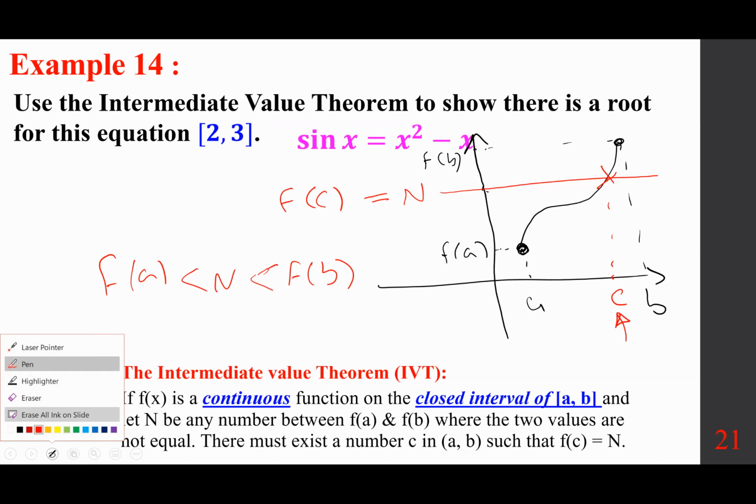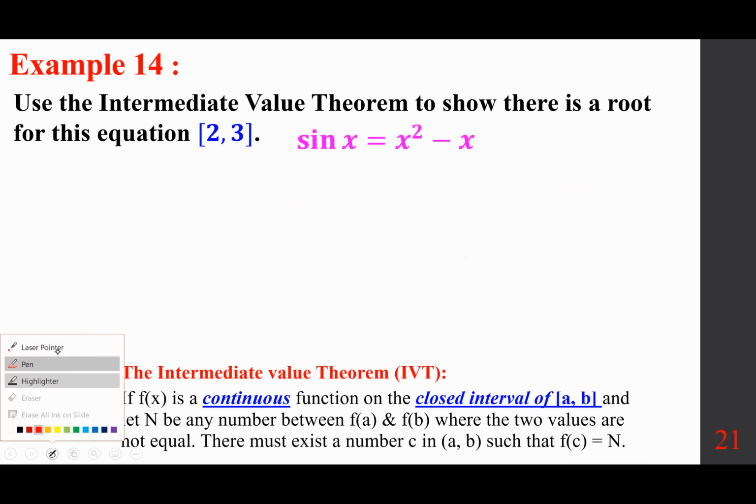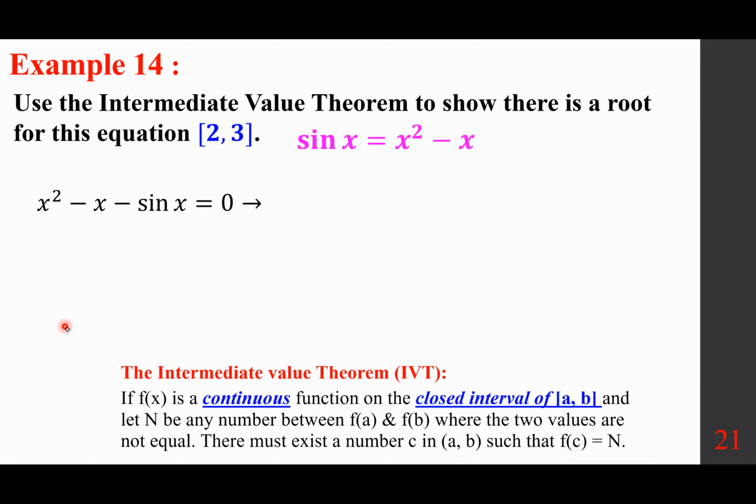Let's erase so we can use the space. We're going to bring everything to one side. It doesn't matter left or right. And we're going to call that f of x. And this function is continuous because it's a mixture of a polynomial, or even a quadratic function, and a sine function, and each one is continuous from negative to positive infinity. So the reason it's continuous